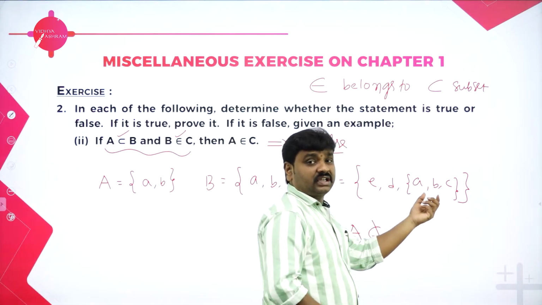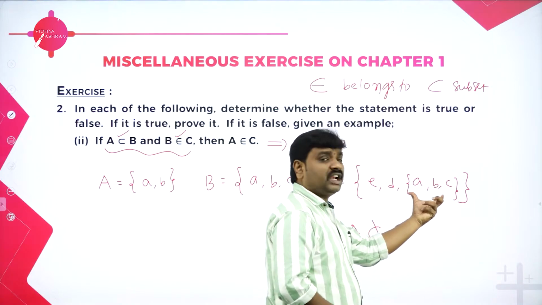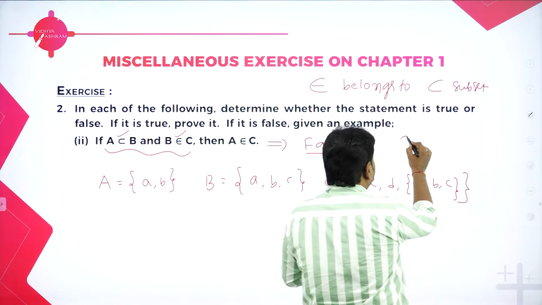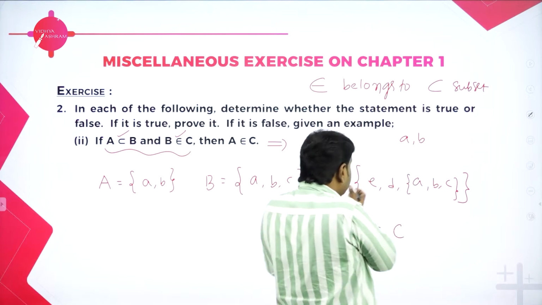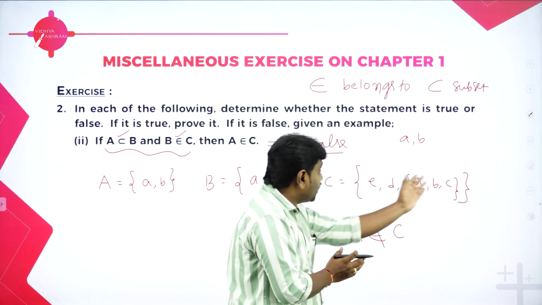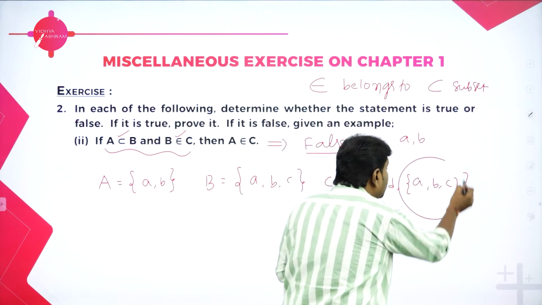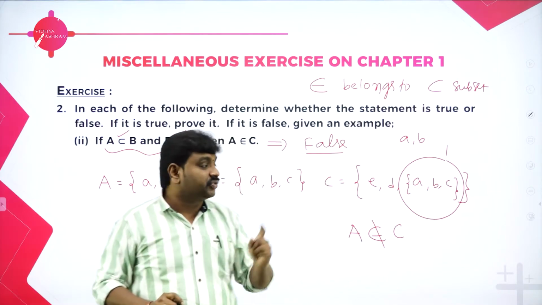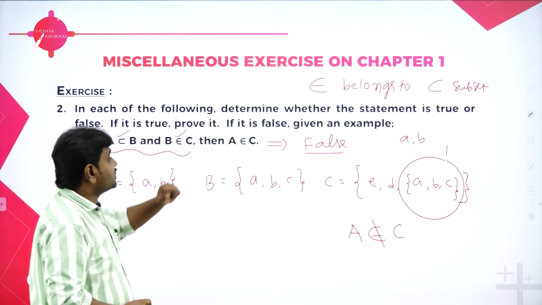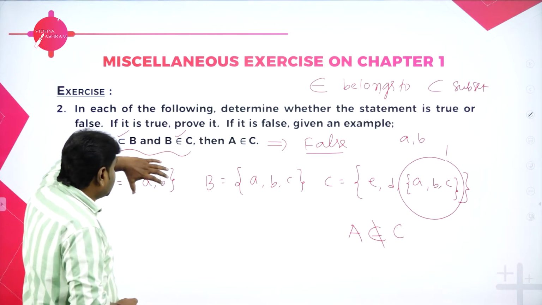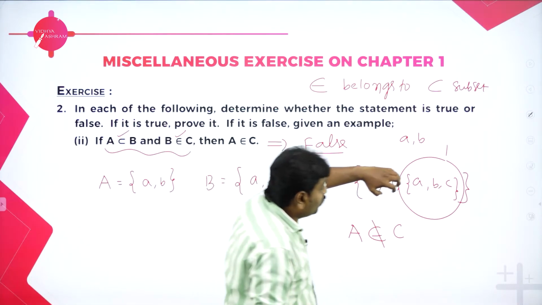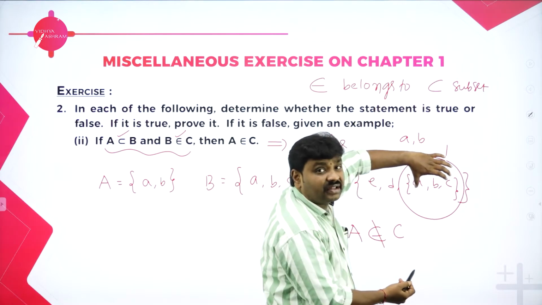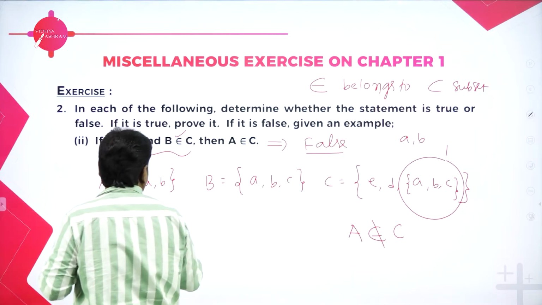B is a superset. So this is one element. And please understand, you cannot argue, sir, a comma b is in C. A comma b separately we don't have. This whole thing is one element. This is a set. Set is different from element. That's why this is false. I can say A is not in C. A means what? A set containing only a, b. We don't have a set containing only a, b. We have a set containing a, b, c. This is different. Therefore, what is the conclusion? False.